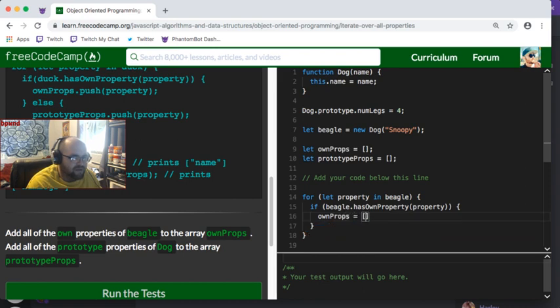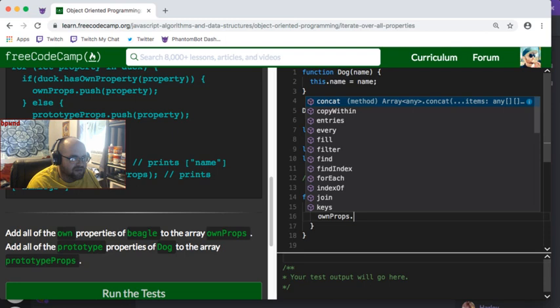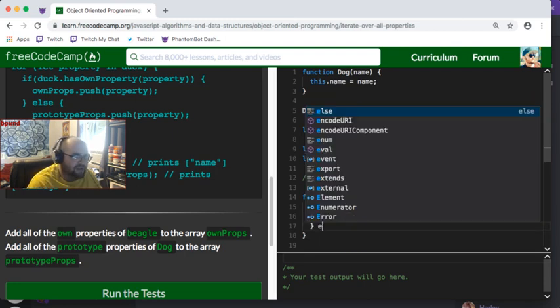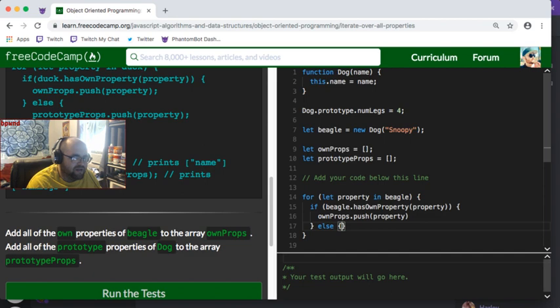And that's pretty easy to remember because it says it right here. So let's see here. Property. Then if not that,